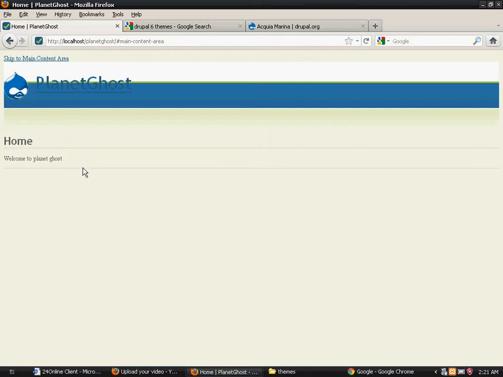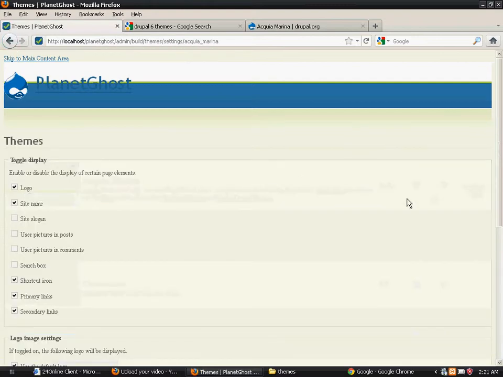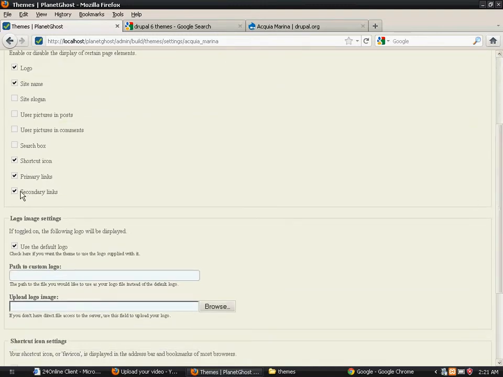This was my home page. Welcome to Planet Ghost. Now you see that other blocks are not appearing. We can make the primary links appear in the site by clicking on the checkbox.